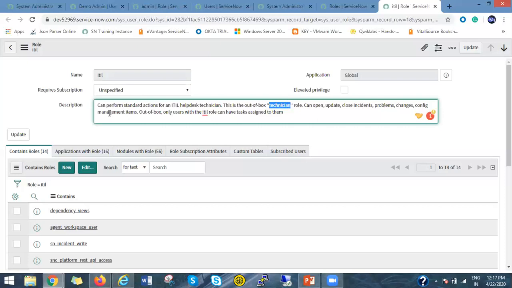Okay, so here if you see this line, only users with the ITIL role can have tasks assigned to them.